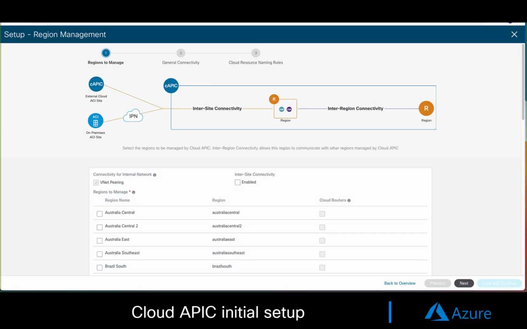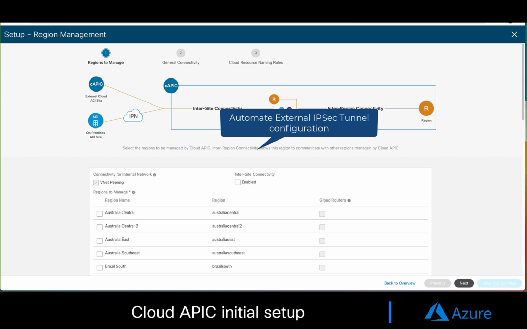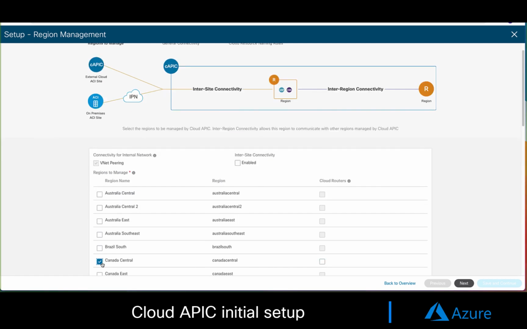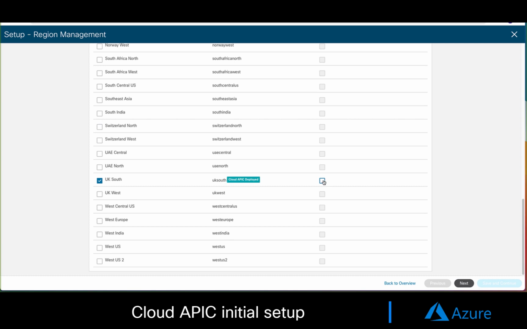In this case, we are using VNet peering as our default inter-VNet connectivity model, and there are two boxes we can check. The first one should be enabled if we want to deploy CSR 1000Vs in a specific region. The second one, if we are planning to interconnect to other clouds or on-prem environments through them. From here, we can choose additional regions to manage, and you may enable any of the previously covered checkboxes as well. In our case, our Cloud APIC is deployed in the UK South region, so I will select it and click